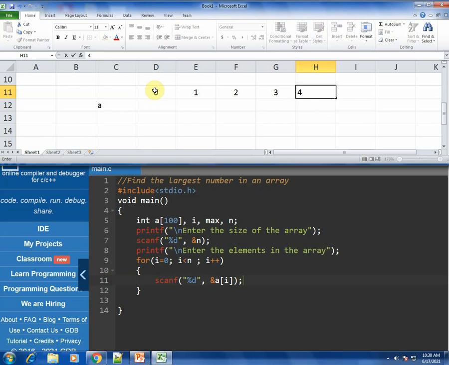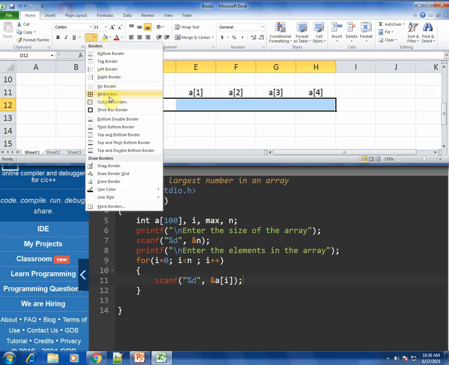Okay, so say if you enter the size of the array as 5, then it will start from 0, then go to 1, 2, 3 and 4. It will stop at 4. Which means this actually represents a of 0. This would be a of 1. At this index it would be a of 2, at this index a of 3, and here it would be a of 4. So let us create one array.